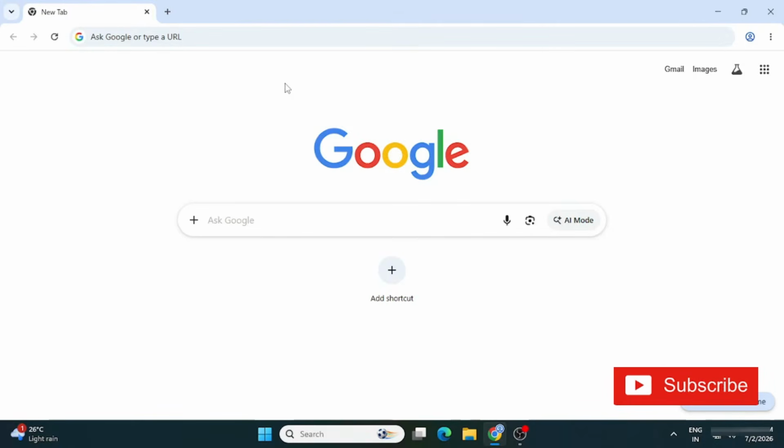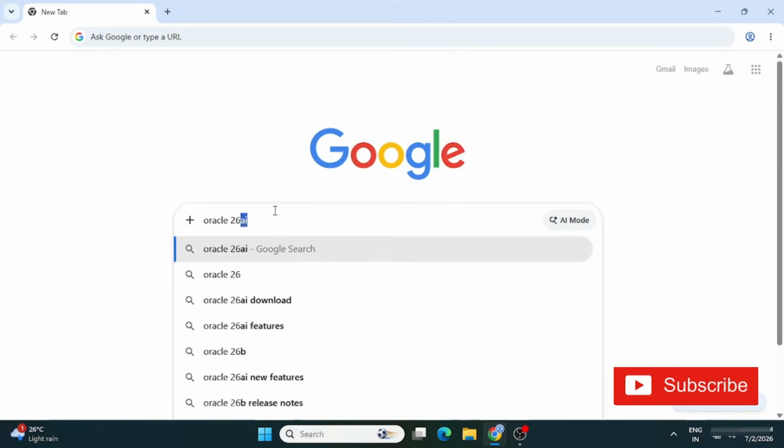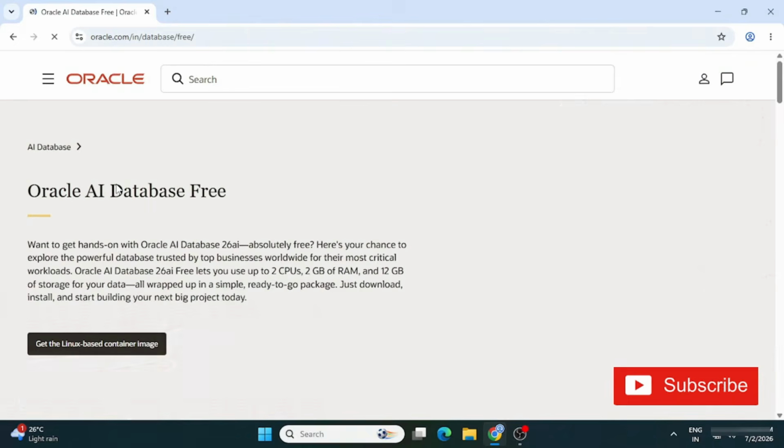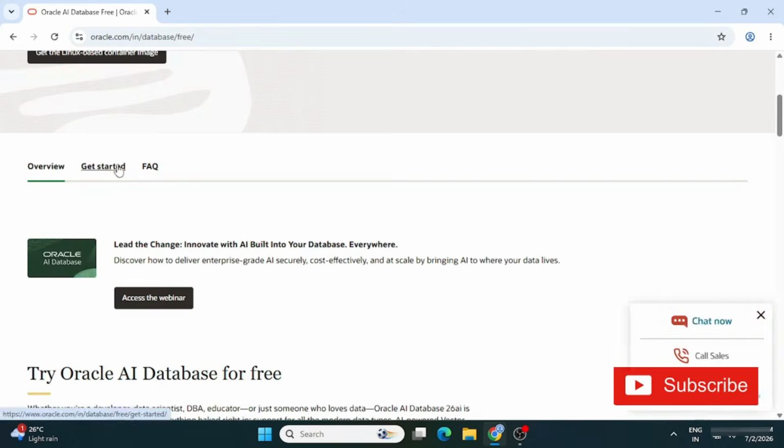So guys, you can open any of your favorite browsers and simply search for Oracle 26 AI download. And here you can see the official website of oracle.com. You need to just click on this link, Oracle 26 AI free. So guys, it will redirect you to this page, and here just scroll down and click on this tab, get